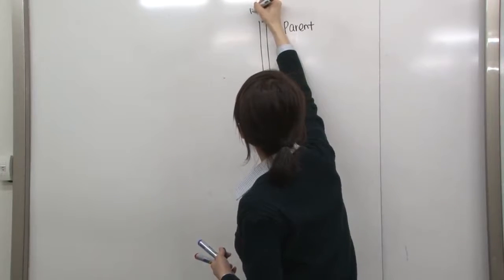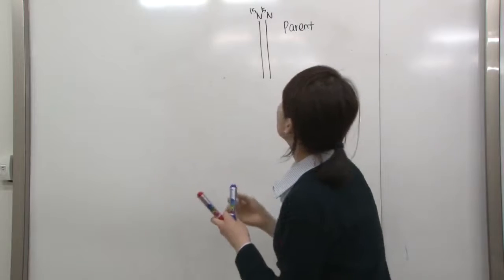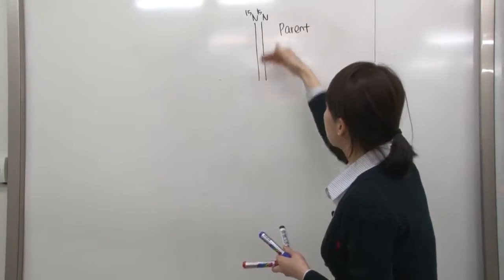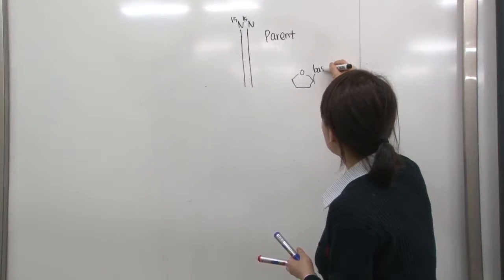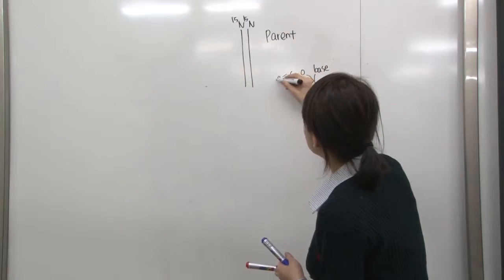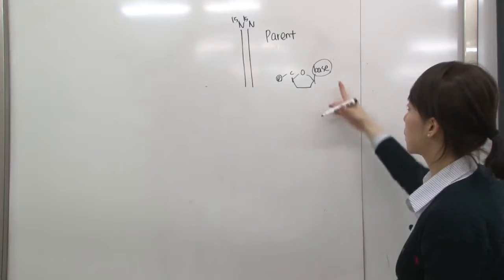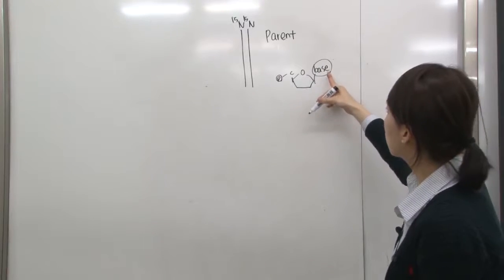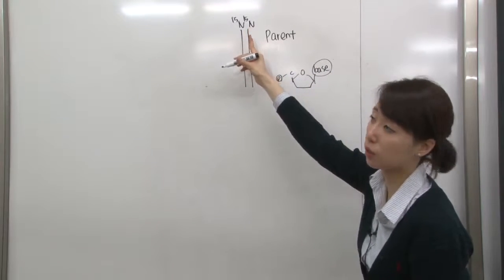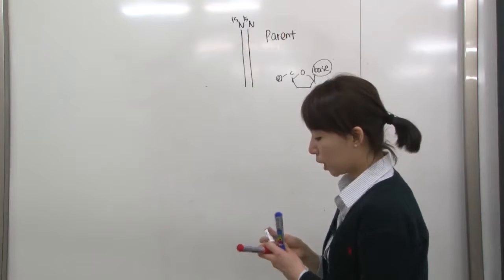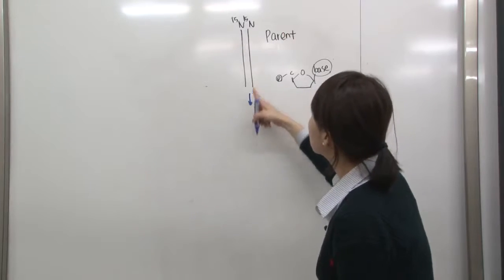Okay, so 15N actually labels the base in the DNA strand. Remember, a nucleotide has a base and phosphate groups. This base is a nitrogen base, meaning it contains nitrogens. All of these nitrogens in the nucleotide are labeled with 15N. So that's the parent. And then after one generation, when it goes through one duplication, this is put in